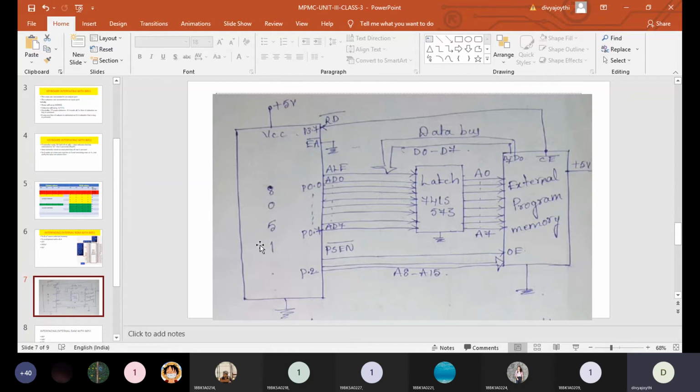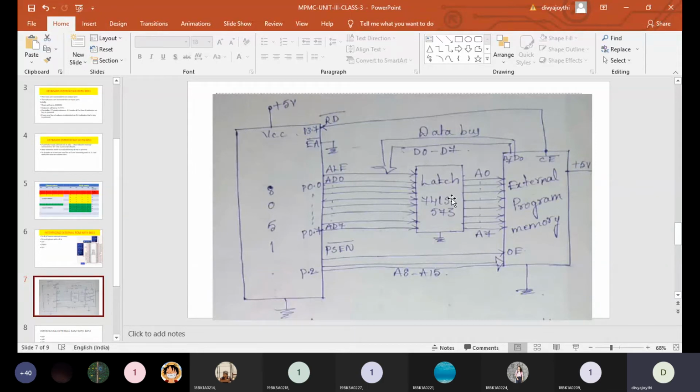And so these are A8 to A15. These are nothing but the address lines which are purely available for P2, that means port 2. As port 2 is not multiplexed with data lines, between port 2 and the external memory we are not using any latch, because whatever lines are available at port 2, they are completely address lines only. So here we need not use the latch. But for port 0, as there are multiplexed lines, in order to separate the address lines, we make use of the latch. So this is how external ROM is going to be connected to the 8051.